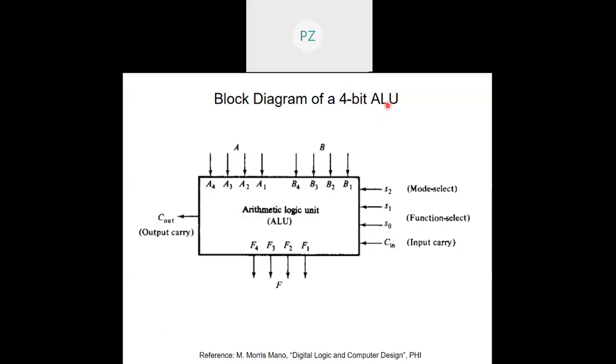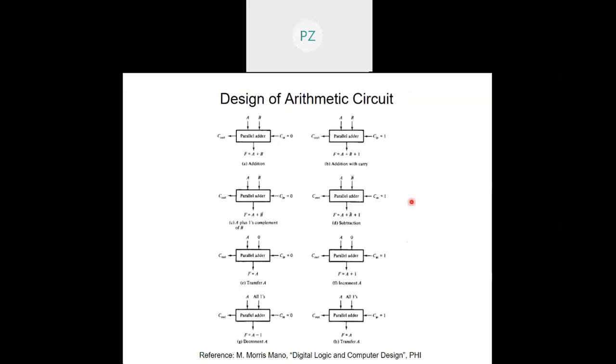Right. So now let us see how we go about designing this block diagram. Let us consider a parallel adder. That may be a 4-bit adder for our example, or an n-bit adder for a generic case. Suppose to this parallel adder, I am supplying some data A and B over here. Cin is 0 and Cout is available. What will the parallel adder do? It will simply add A plus B. If they are n-bit data, it is going to add those n-bit data